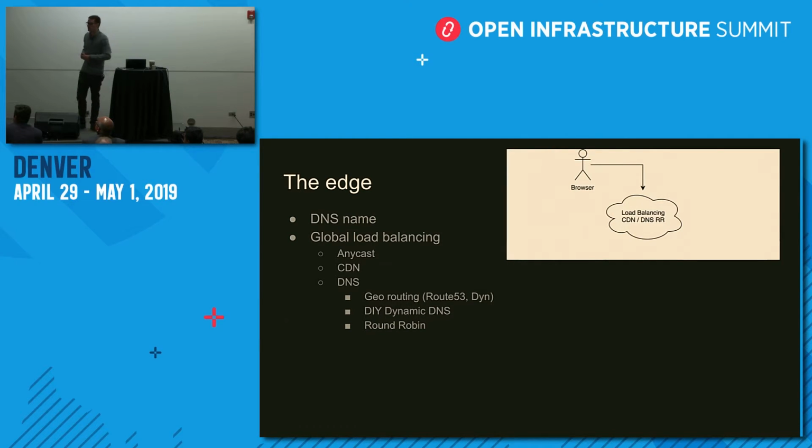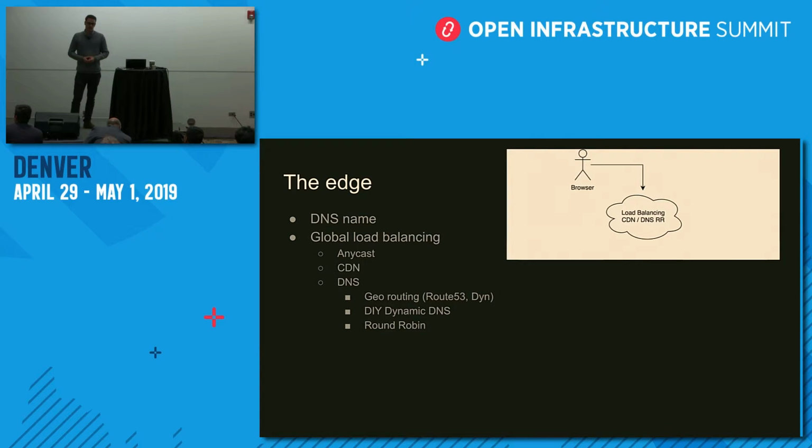Another option is to do something based on a CDN. So you would have your CDN handling your global load balancing, and they have an Anycast network, they have all these capabilities to load balance your request and route it to wherever is most appropriate. And you might be already using a CDN, in which case it's really a drop-in feature to enable in your CDN provider. A third option you have is to do something based on DNS,